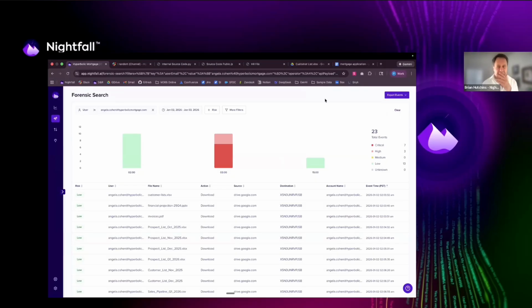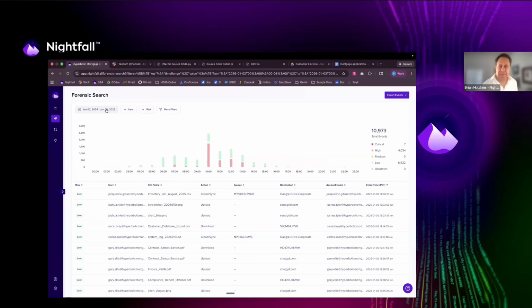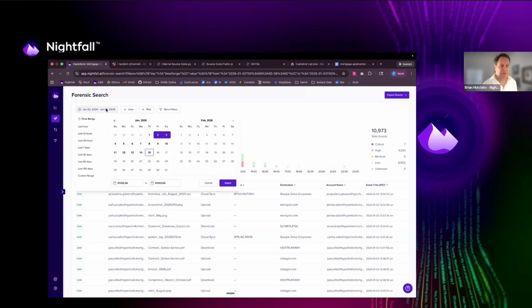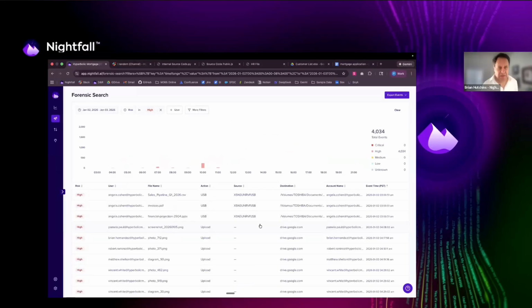Cool. Okay, now let's do the third scenario. The third scenario, if you remember, was just general threat hunting. So I'm going to get rid of this, and I'm just going to look at some threats that were, say, in the last 30 days. Let's maybe look at these. Okay, so I'm looking at January 2nd,